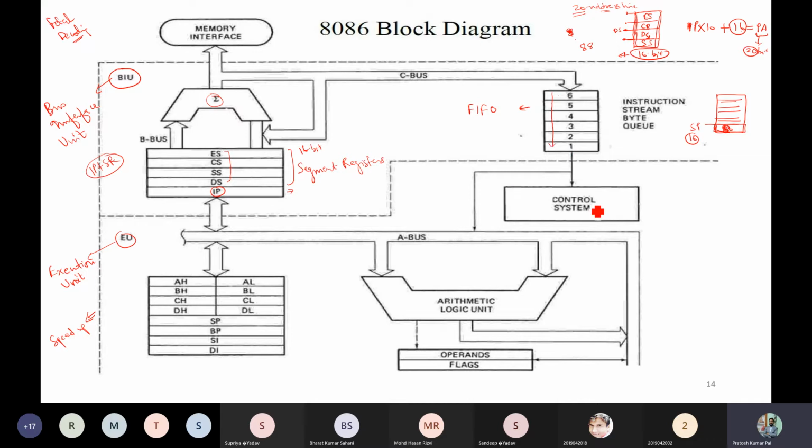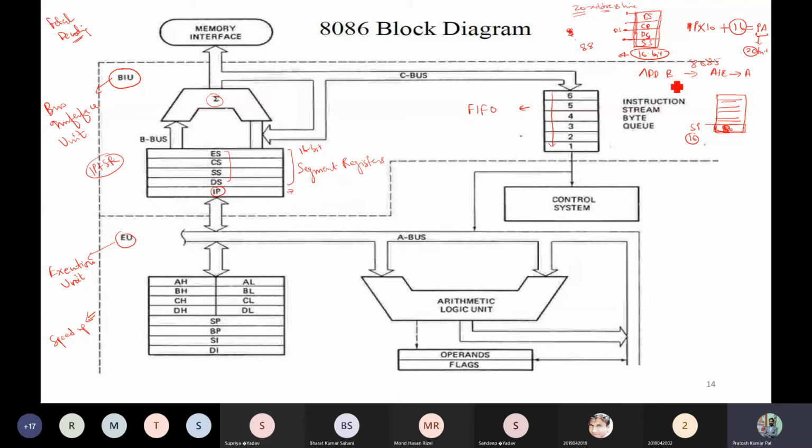Okay, so by using the control signal, it will be controlled whether it should be moving to the execution unit and how it should be executed. So this is how, once the instruction is decoded, the decoded data of the instruction will be placed. Suppose we have seen an ADD B instruction. That means it is going to add A plus B, and this will be stored in the accumulator in case of 8085.